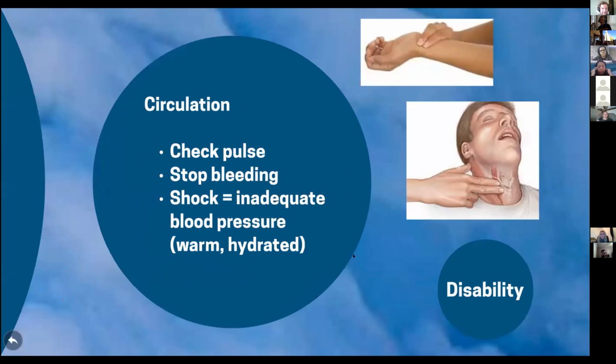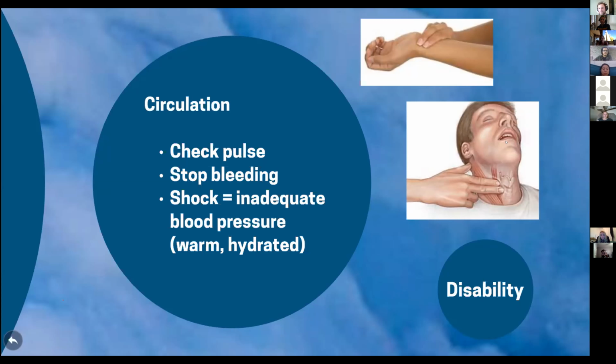So circulation, so we've gone over airway, breathing, circulation. So we want to check the pulse. So here in the top right corner of the screen, we have an individual checking their radial pulse. So to find your radial pulse, just below your thumb pad, slightly lateral to that large tendon, you just press. You don't use your thumb because you can pick up your own pulse in your thumb. Just underneath that thumb pad, you're going to be feeling your radial pulse. So you can take a second to find that. It's named the radial pulse because it's right next to your radius bone.